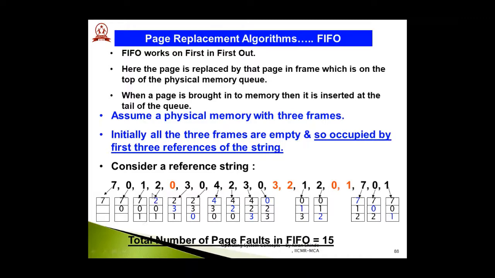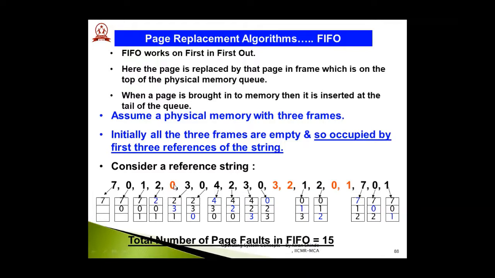After this, we have to understand how this algorithm works on a first in, first out basis. As per the sequence in this reference string, 2 is the next page which needs to be brought into the memory. But before 2, if you see, all the 3 frames are occupied. Now, which should be the victim page with which 2 should be replaced? As per this algorithm, the page 7, which is on the top, will be replaced first with 2. So 2 has been brought into the memory and 7 is replaced.